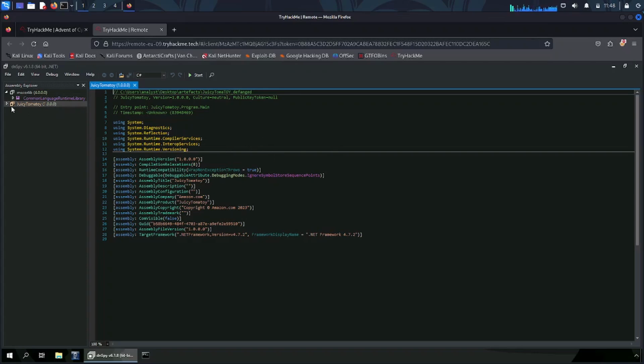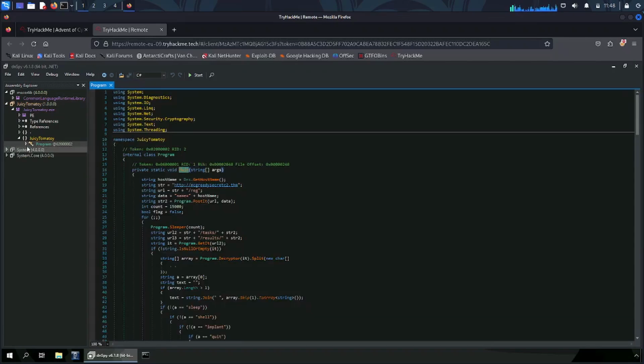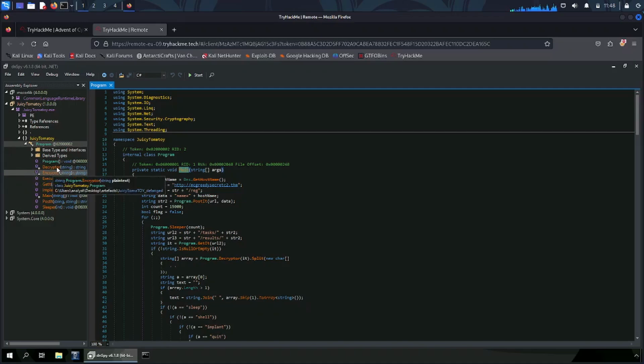We click on that, open, and now we can see the decompiled version of the program. Now I'm gonna open the main function. We can click here, okay, and the main function has some more functions inside: Decryptor, encryptor, execute command, get it, implant, and so on. So the first question is going to be answered from the get it